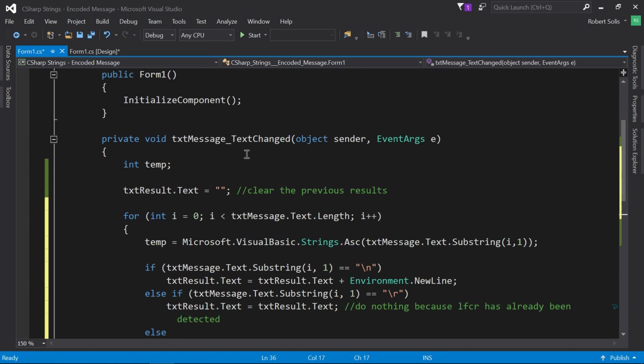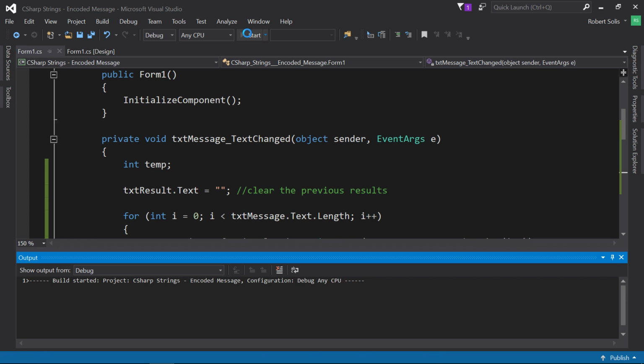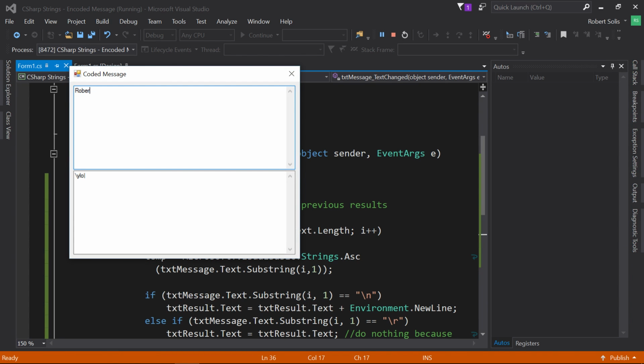Okay, are you guys ready to do some secret work and type some secret messages? Here we go. So let's start the program. Robert Solis is an instructor at Citrus College. Period. Enter. He has been working there for 17 years. Period. Isn't that cool? Now you take this, you send it, and unless the person knows that the key is